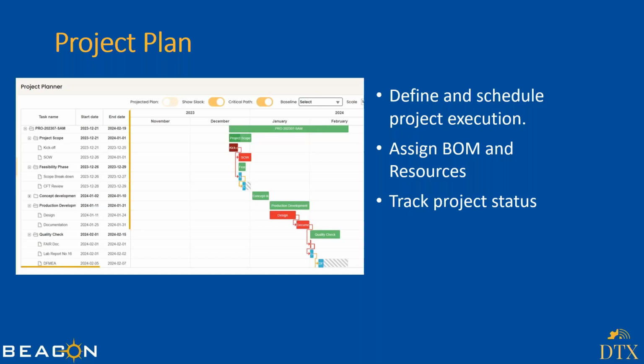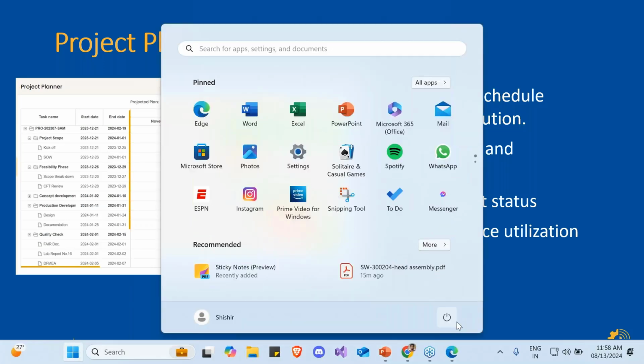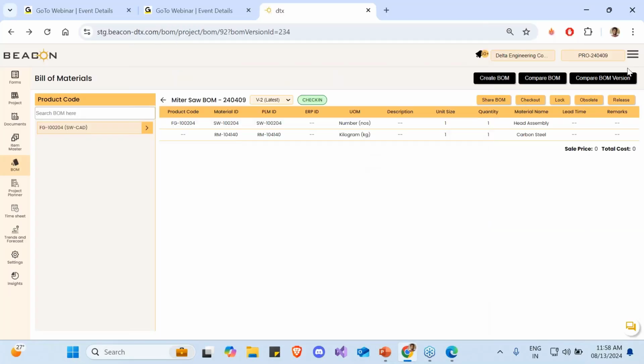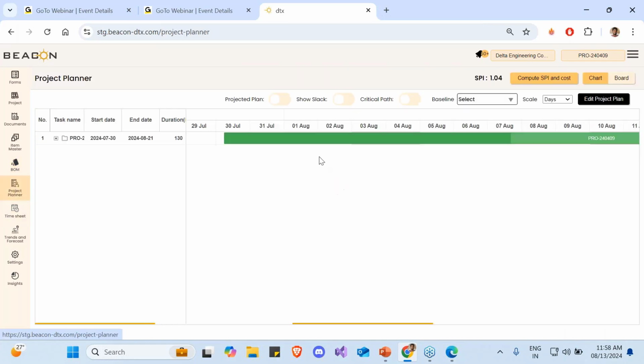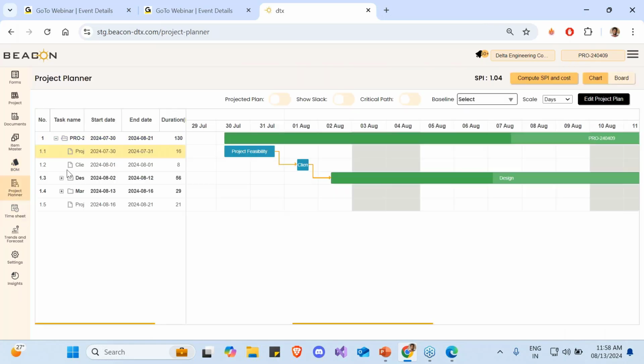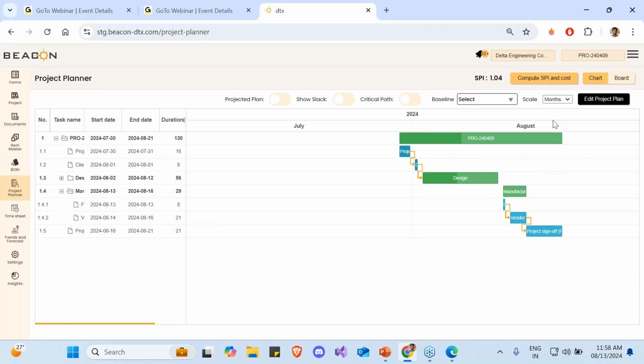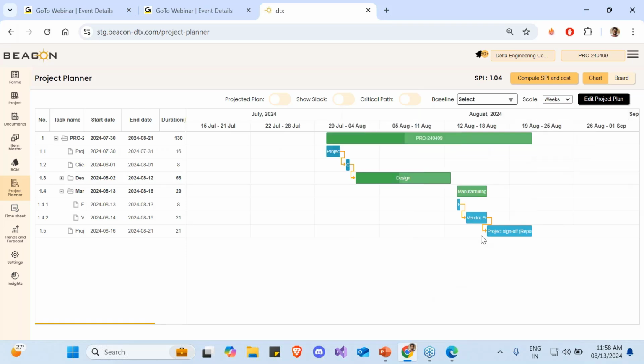They can fill timesheets along with your users, and you'll be able to track where the delay is happening. Even before there's a delay, you'll be able to know with the help of the timesheet record. Let's just go to that. I'm still in Monit login, so I'll go to this project. I believe one of these activities here is for vendors. Let me scale it to a much smaller range.